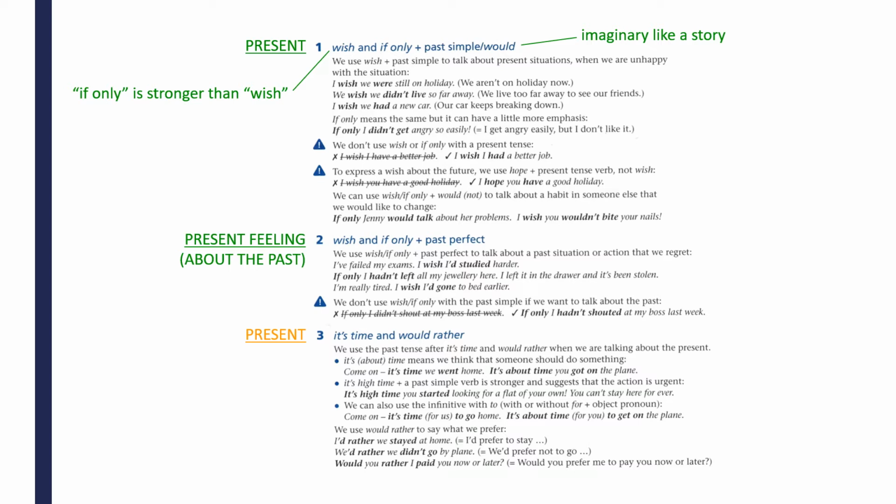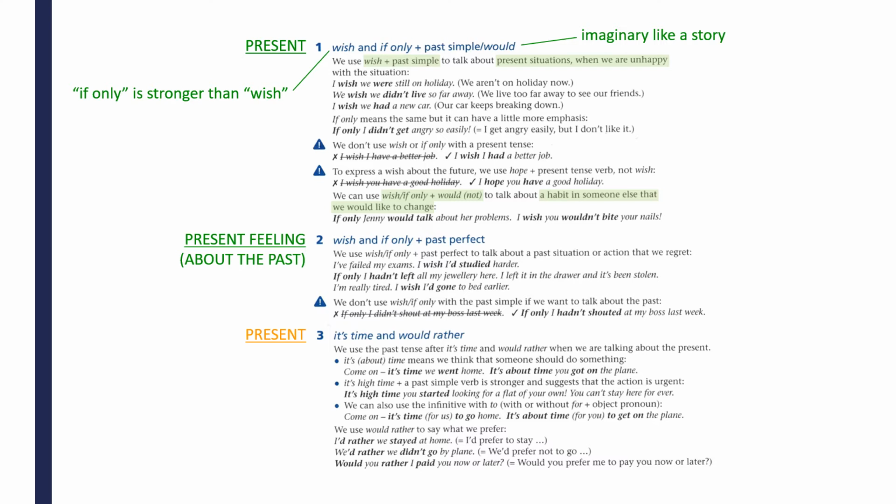When you are really writing it in a sentence, this is how we use it. If you pair it with the past simple, you are talking about a present situation that you are unhappy about and wish it would change. If you pair it up with the word would, you would usually mention someone's name too, because you use it to talk about someone's habit that you wish would be different.